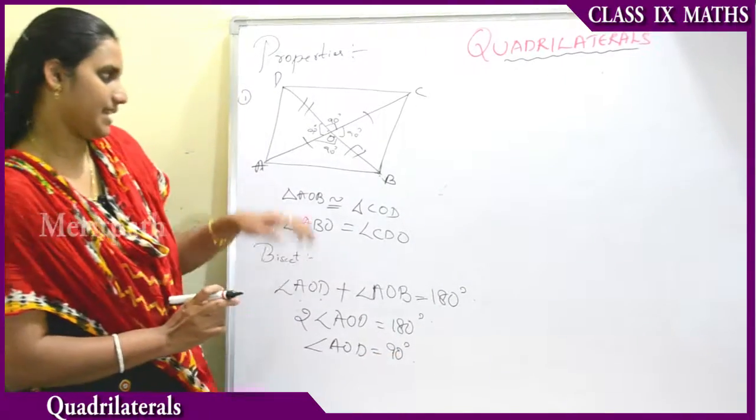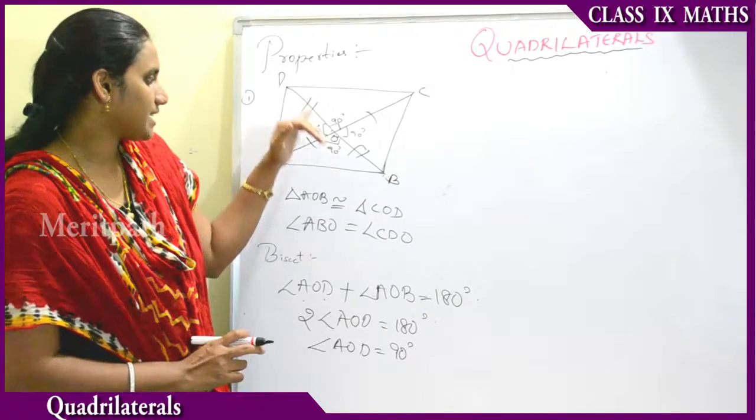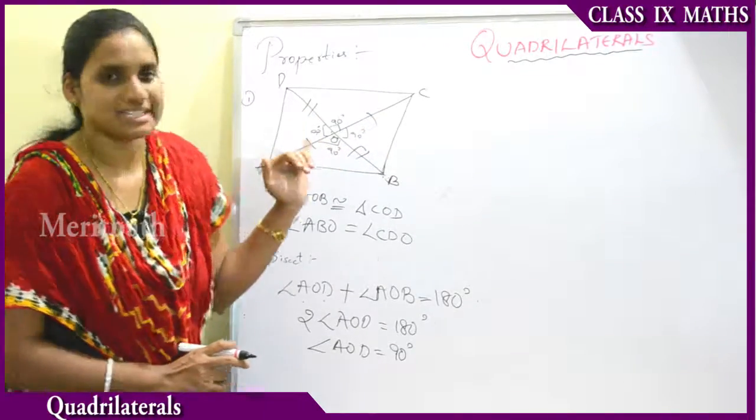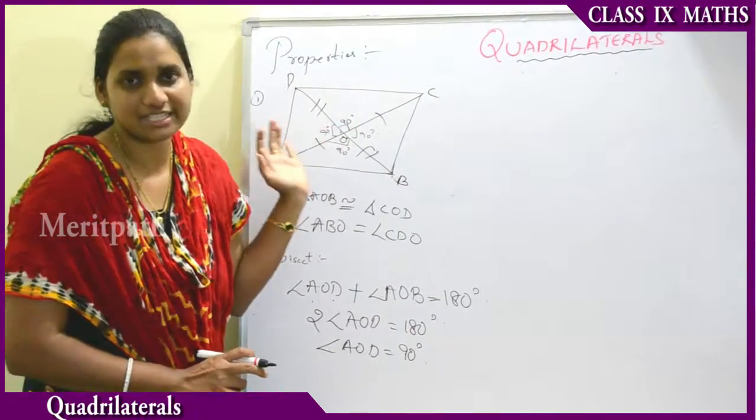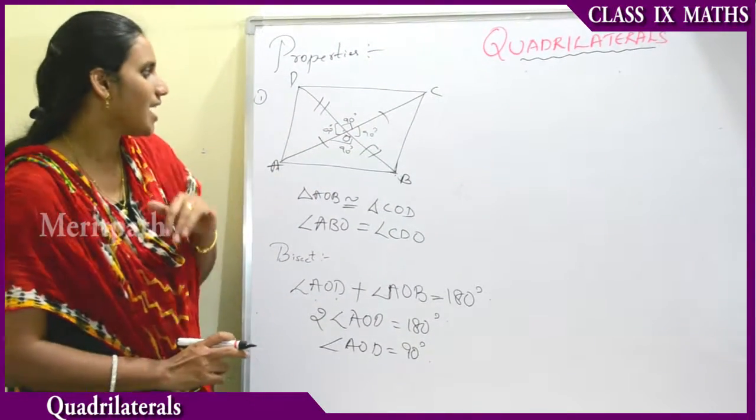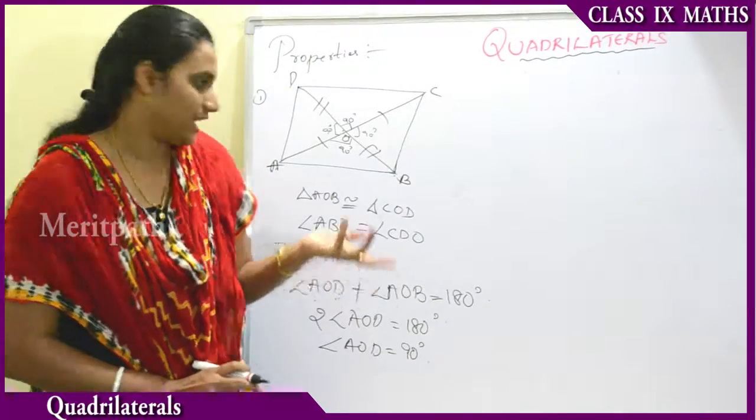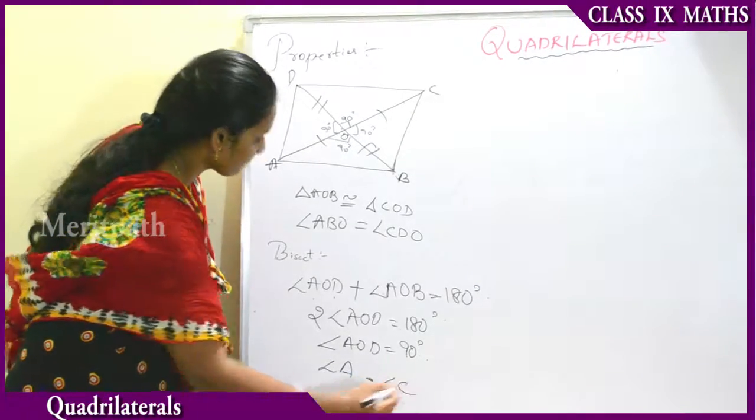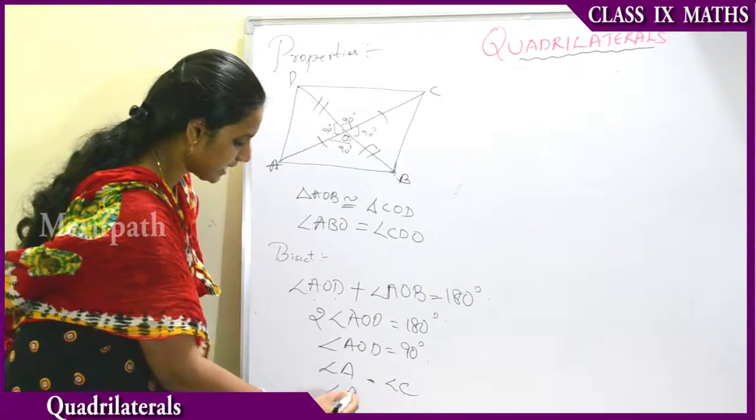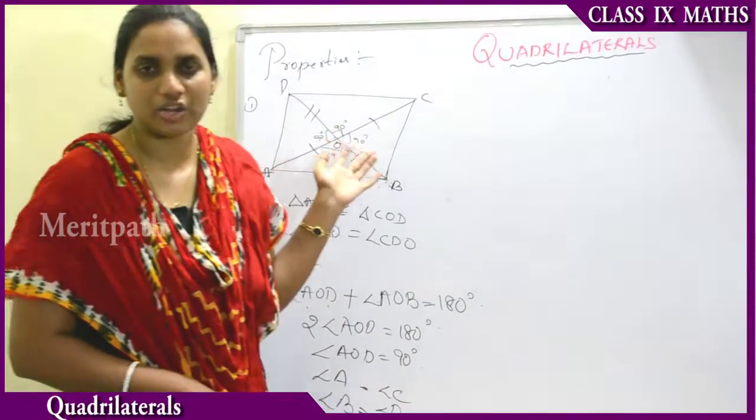Hence we can verify that each part of the angle formed by the two diagonals is 90 degrees, therefore the sum of 4 times 90 degrees equals 360 degrees. And the opposite angles of a parallelogram are equal, that is angle A equals angle C and angle B equals angle D. And let us see one more major property of a parallelogram, that is the midpoint